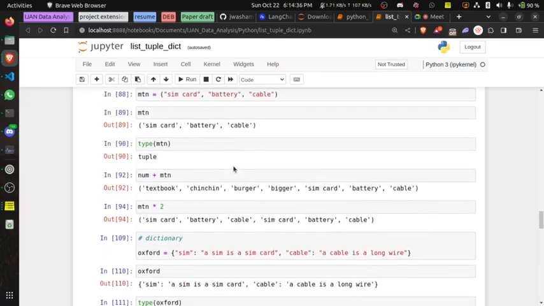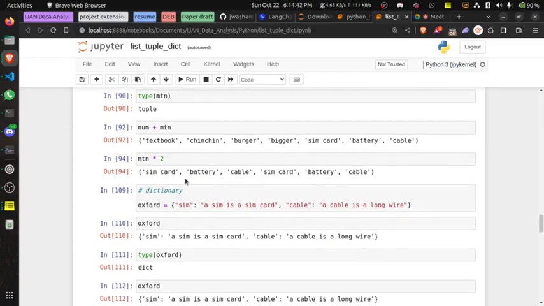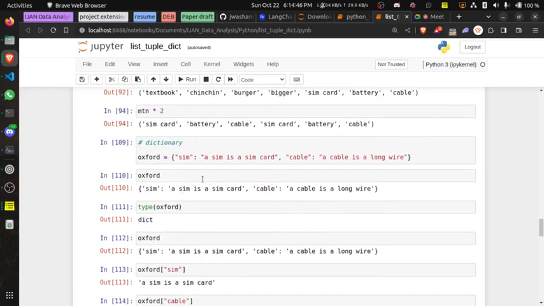Then we went on to discuss dictionary and how it works, what it looks like. We mentioned that it's a key-value pair, right? So for every key, it has a value. So there can't be a key without a value. You can actually have an empty value, but it's still going to be a string.